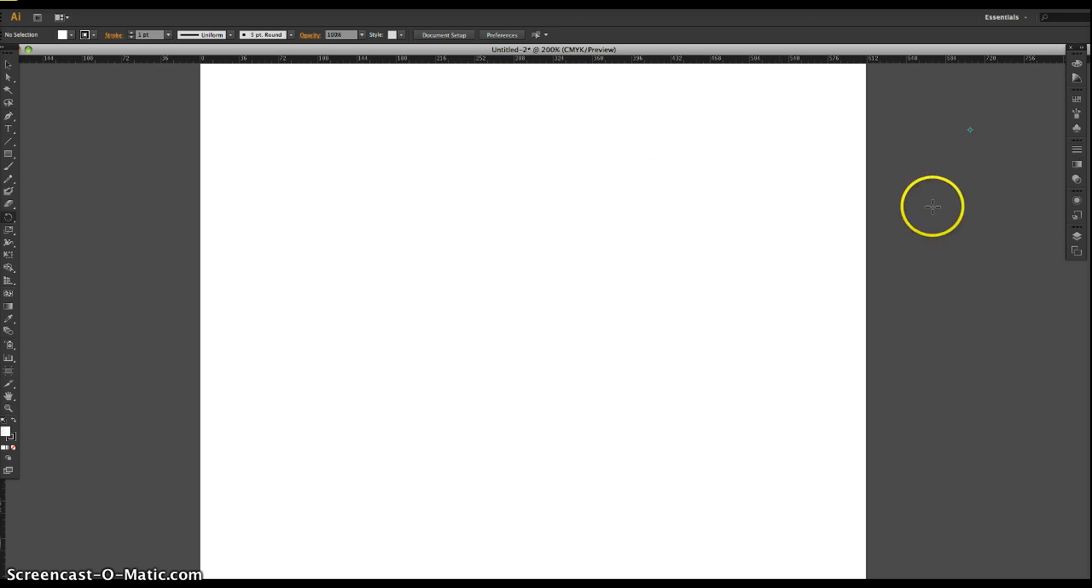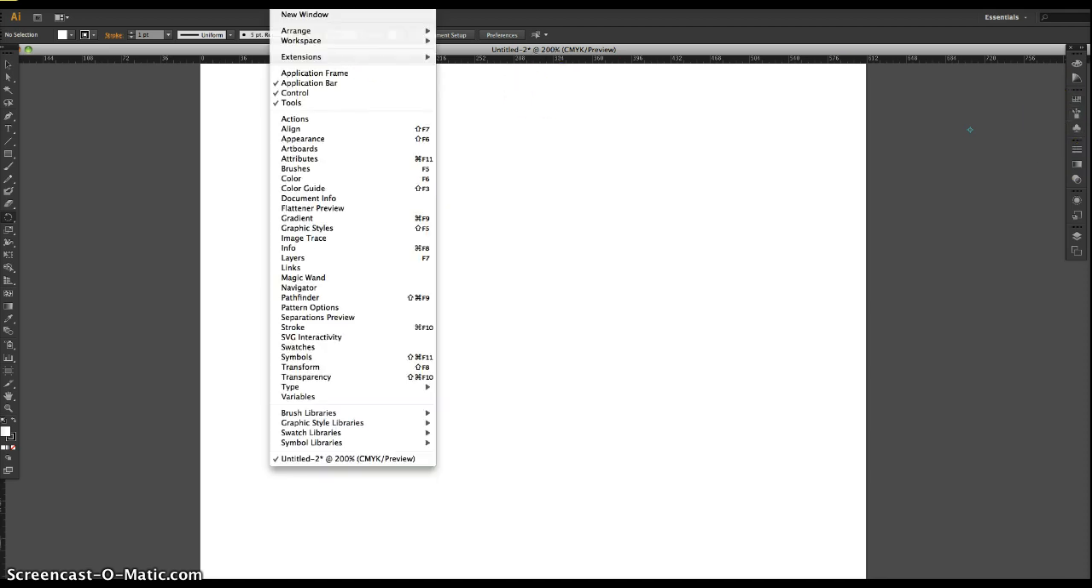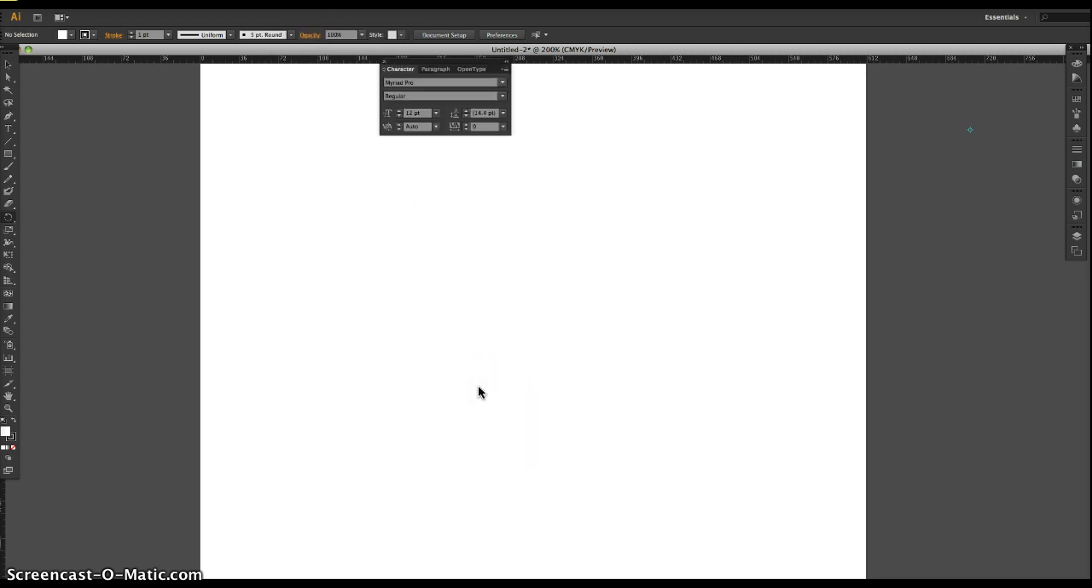What you can do when you're not sure what panel it is, or what icon is representative of the panel that you need, you can go over here and check the Window option. I apologize, you can't see that on the video screen recording that we're doing, but I'm clicking on the Window menu item, and these are all the different panels that are available to me. So say, for example, I wanted to work with my character. I know that I deal with type. I want to change my leading or what have you. I go into the Type menu and I select Character, boom, and the Character